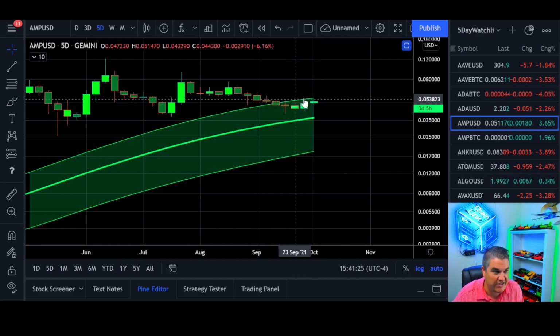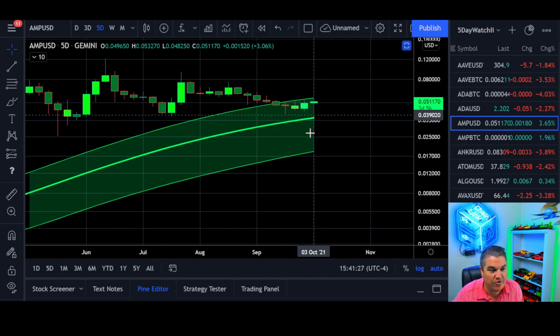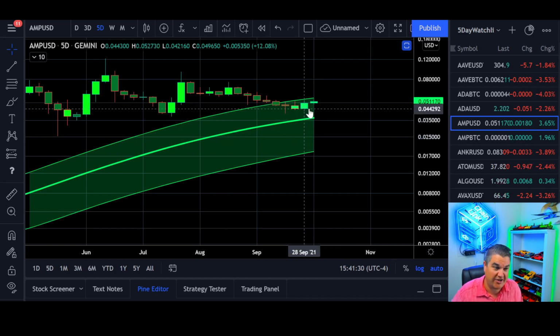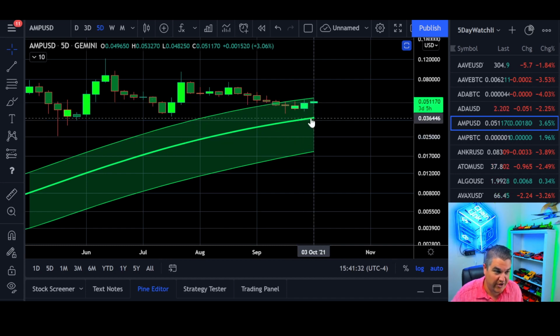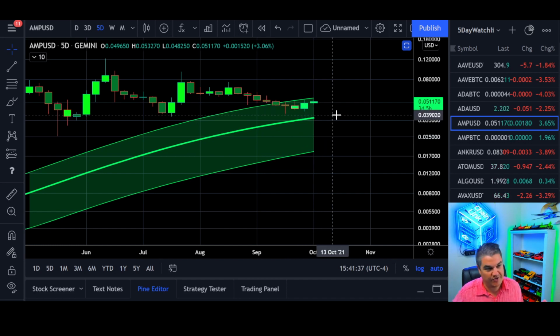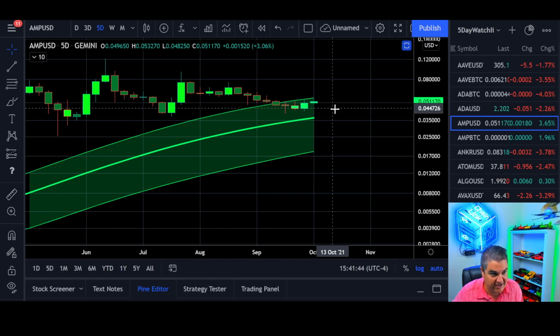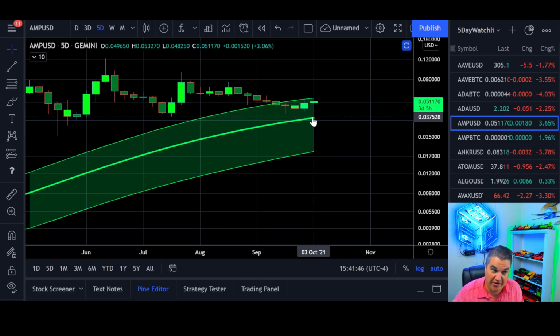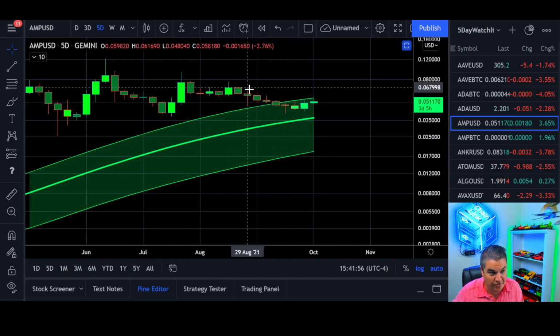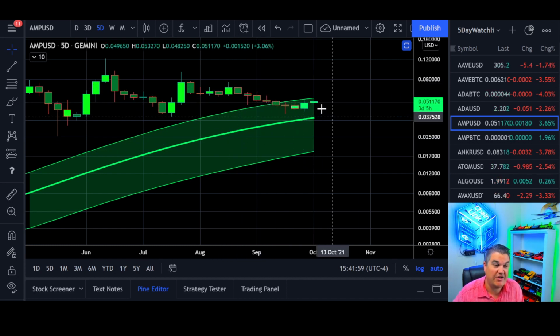If you get rejected from one of these lines, going whichever way you are at, you're likely going to go to the next line. So say we come down over the next handful of days, going through October, as this moves up, and we bounce, then we'll likely go back to the top side. If we get rejected from here, we'll likely come down to the median line. So if we lose support on the median line, the odds are on any coin, you're going down towards the bottom of the channel. Now that doesn't mean you drop straight there. As you can see, we just kind of move in harmony down the slope or up the slope.